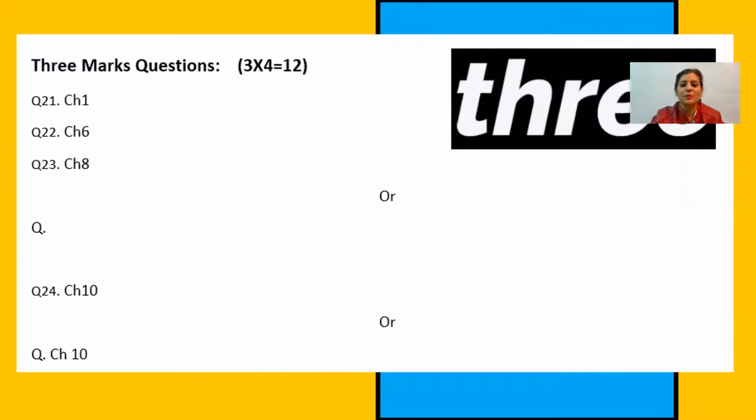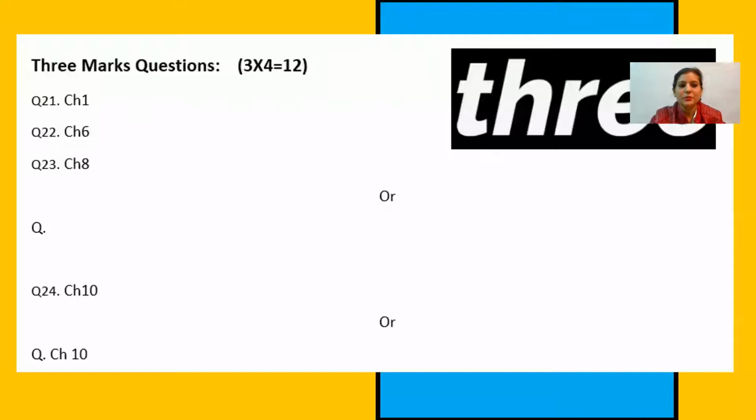Now let's discuss 3 markers, how we present 3 markers. Here we have attached some answer keys of students, topper answer keys issued by CBSE. Every year CBSE issues the topper's answer key, of the student who has scored the highest marks, so that we can see it and take ideas from this answer sheet. I'll provide a link to download this answer sheet so that you can download it for other subjects also.